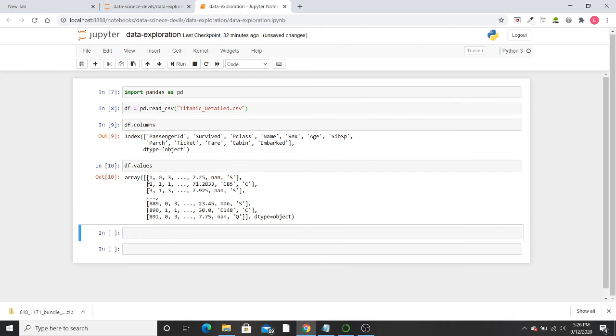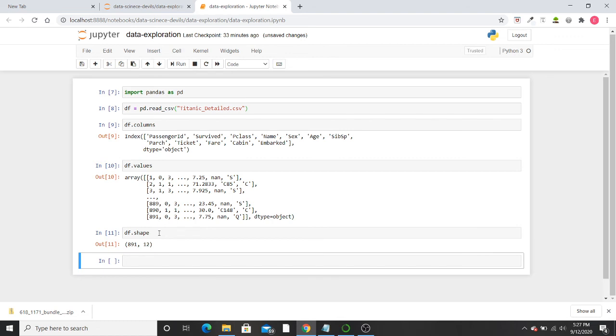So here we got the values of our dataset, and if we are interested in knowing how many rows and how many columns are present, we are interested in the shape of this dataset. So for that we'll use df dot shape. Again this is an attribute.